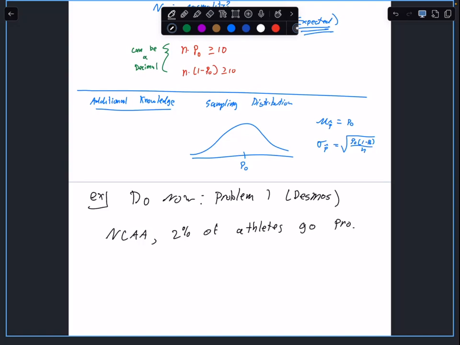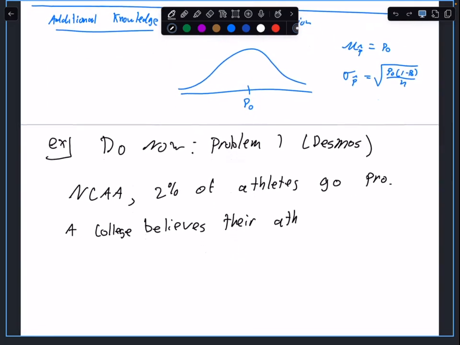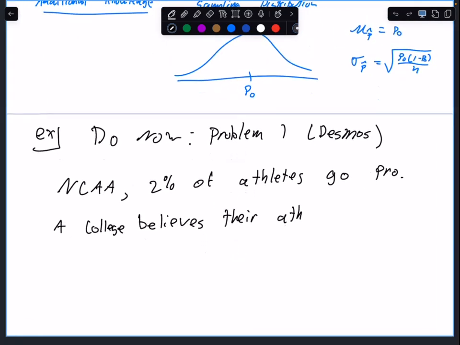A college believes their athletes go pro more often. In addition, I'm going to write in here, this is additional writing that wasn't there before,